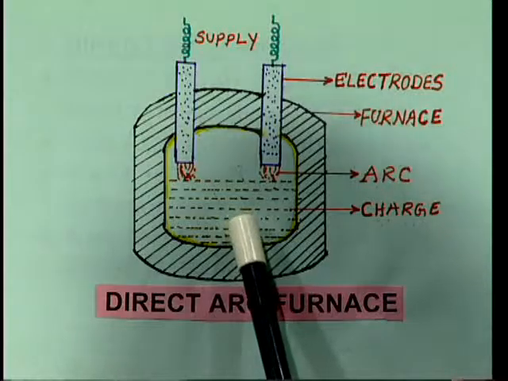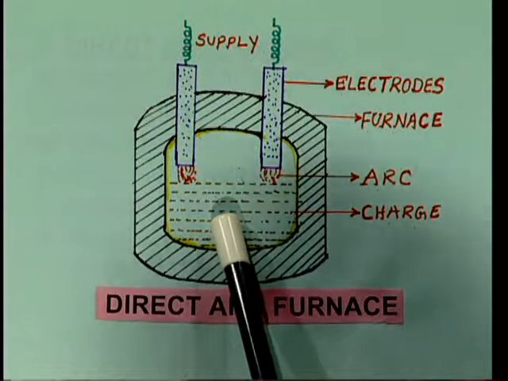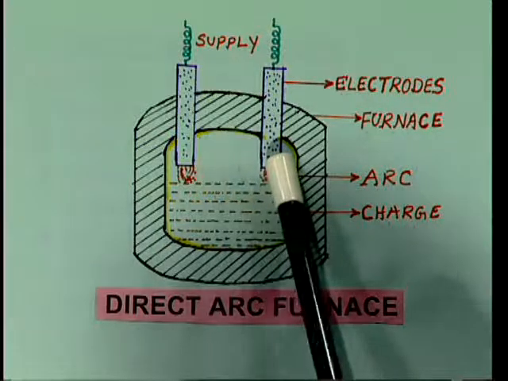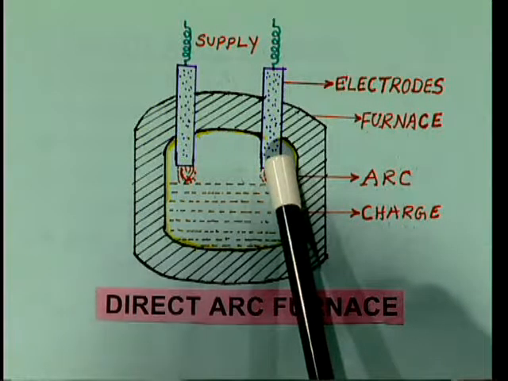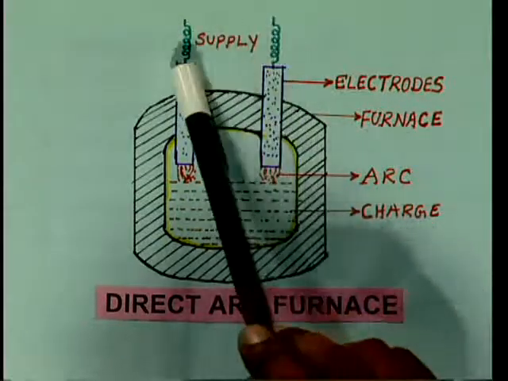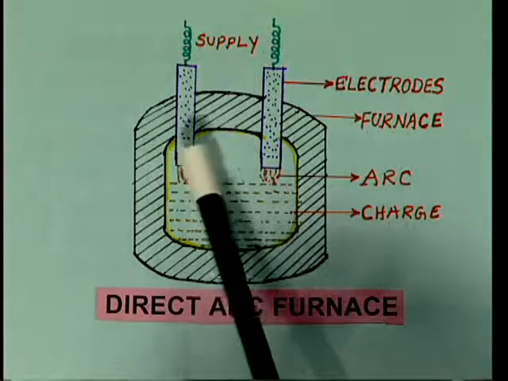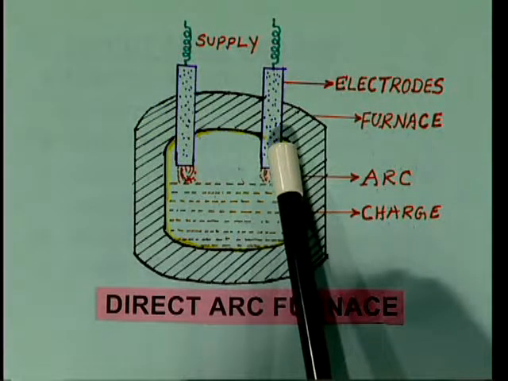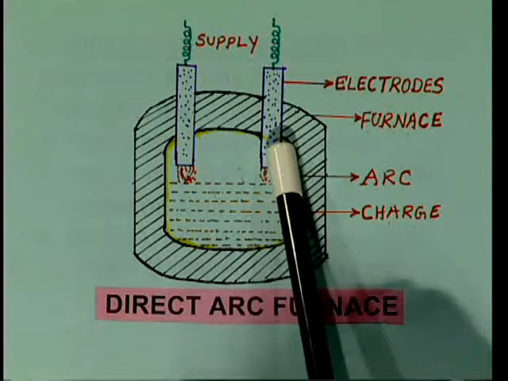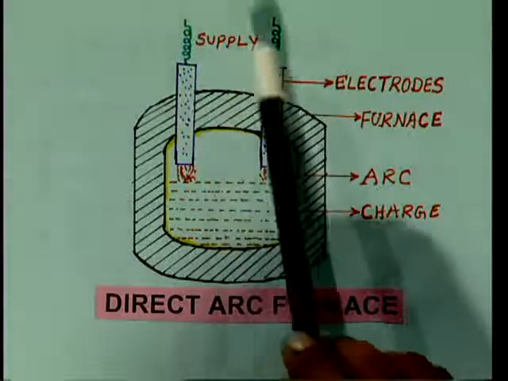and these dots are the charge or scrap iron material placed in the furnace, and these two are electrodes made of carbon or graphite, and finally the electrodes are connected to a supply. This is connected to a single phase supply, where we will have two electrodes. If it is a three phase supply, we will have three electrodes. Now by connecting these electrodes to the supply,